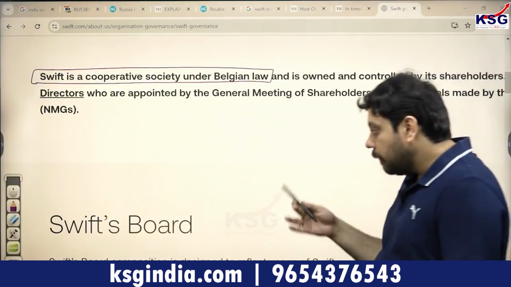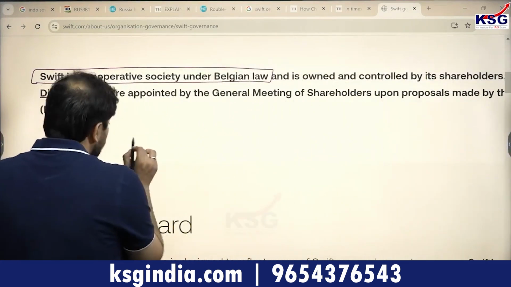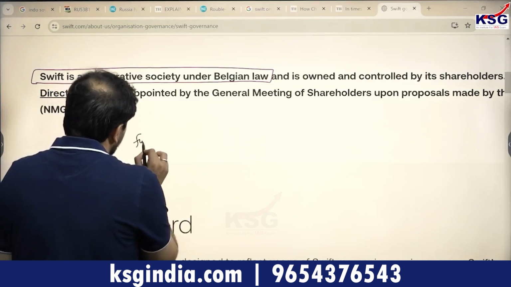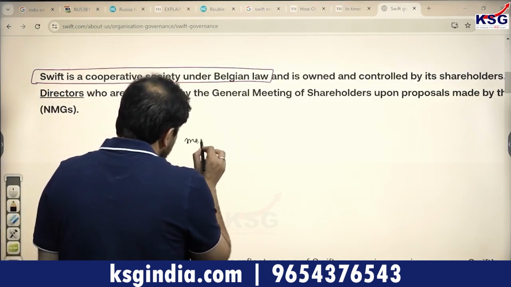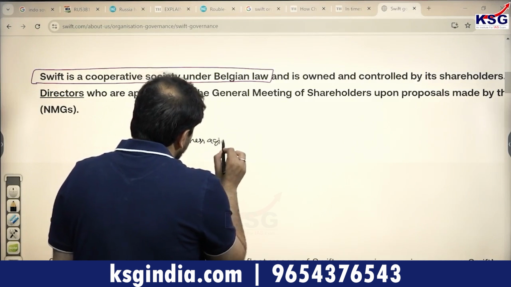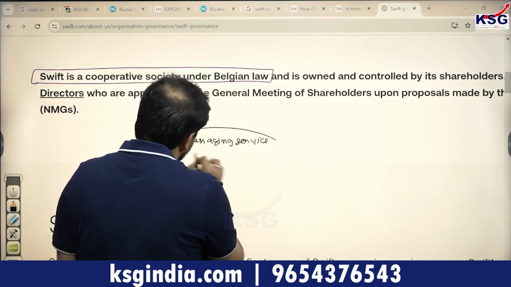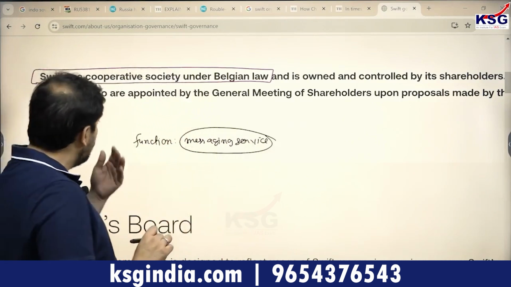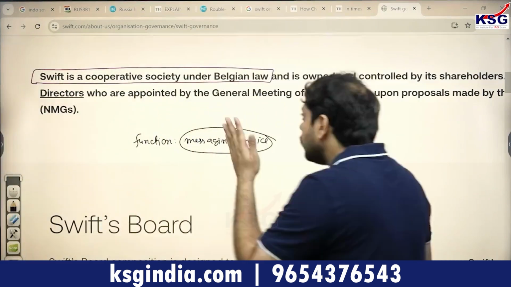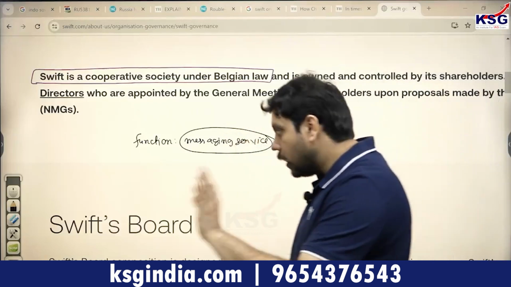So first of all, very simply, you understand how Swift is governed. What is the function of SWIFT? The function of Swift is that it's a messaging service used by international banks to authenticate the source to which the money is being routed. It is a messaging service, very simply speaking. Next question is, what is the organizational structure of Swift? And to answer that question,